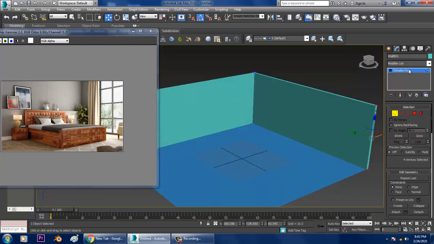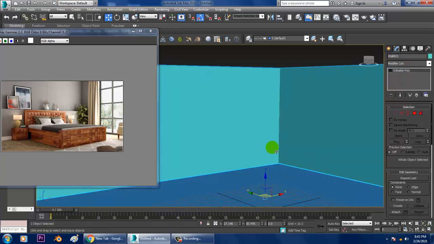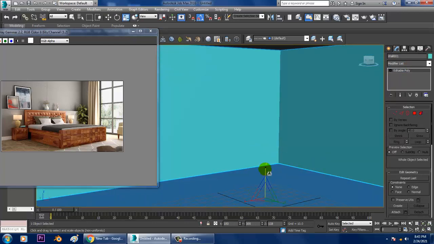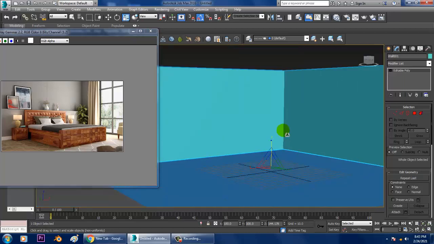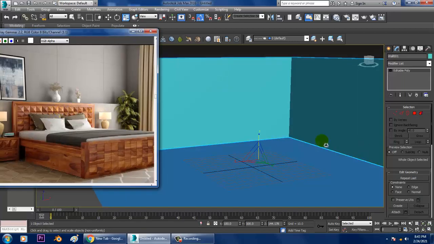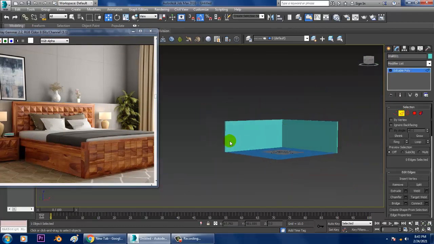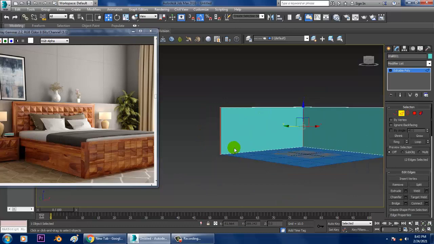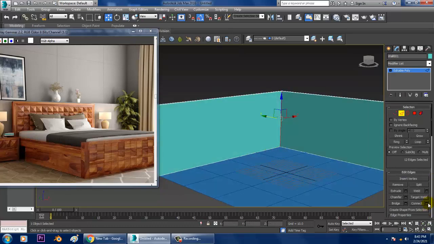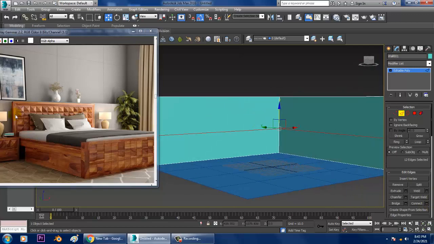So once you're done, what we'll be doing is first create the wall section. So let's go into this edge, select these edges, and put one connect over here and slightly push this a bit down.